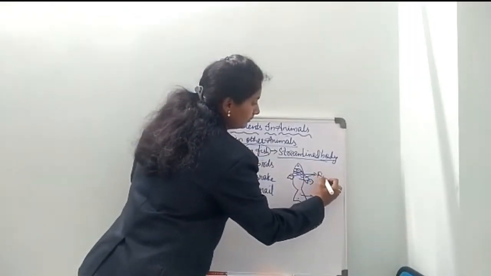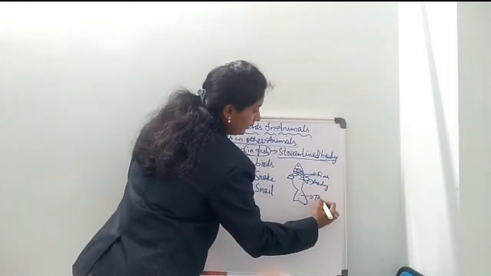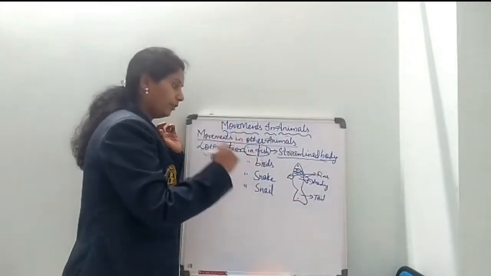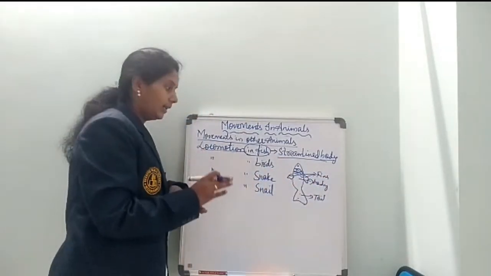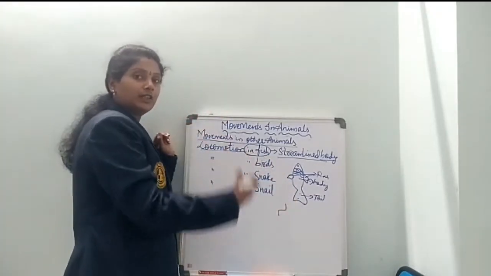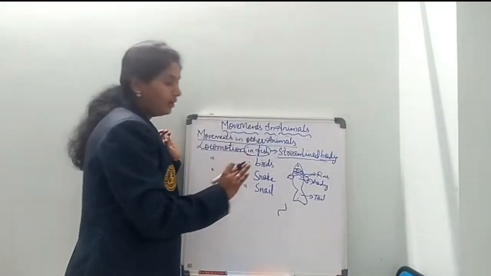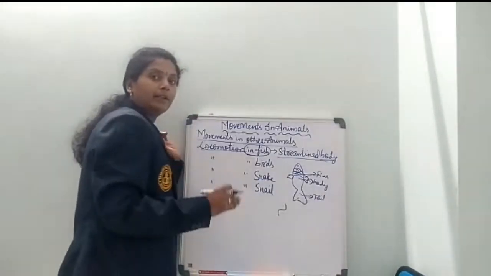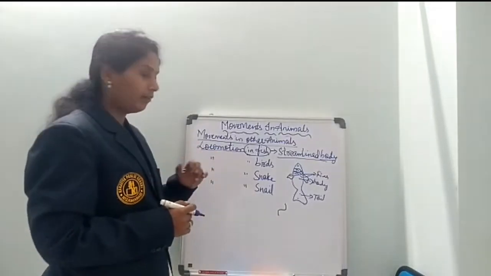These are the fins, this is the body and this is the tail. The muscles present in the body help to move in one direction, and the muscles in the fins help in moving in the other direction. So it gives a jerk. A number of these jerks give movement in the water, like swimming. This is about the locomotion in fish. The tail also helps in directing the movement, like steering.